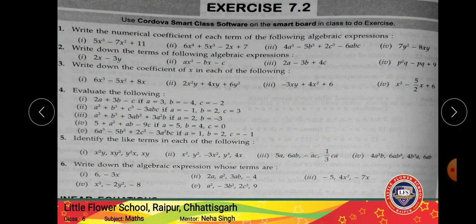right? Like see, in the first, what are the two terms that are being added or subtracted or used with any mathematical operation? See, the mathematical operation used here is minus. Between which two terms is it used? 2x and 3y. So what are the terms here? 2x comma 3y, right? Similarly here, you will exclude the sign, only you are going to write the term.